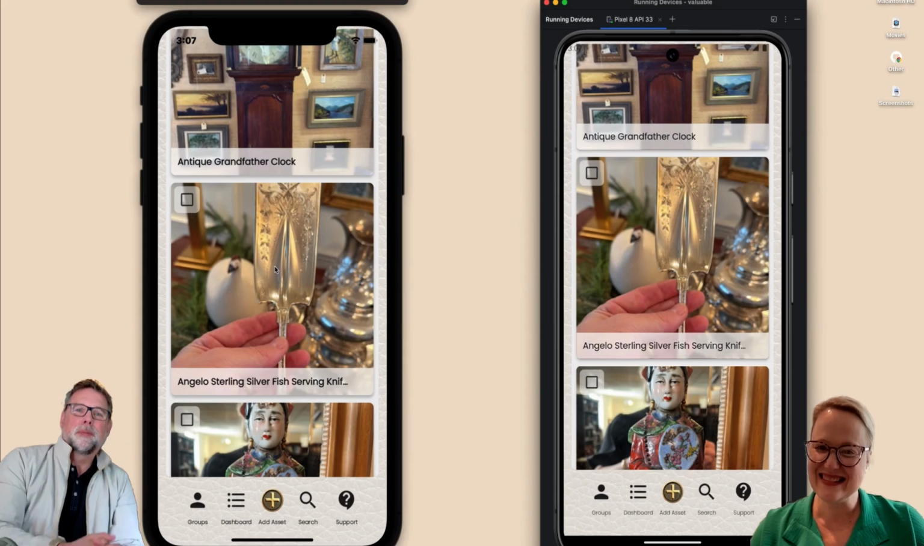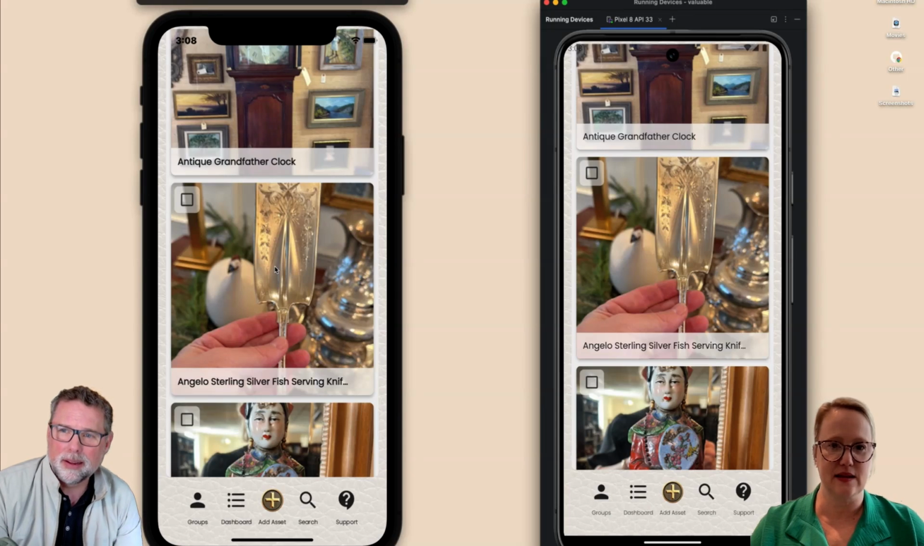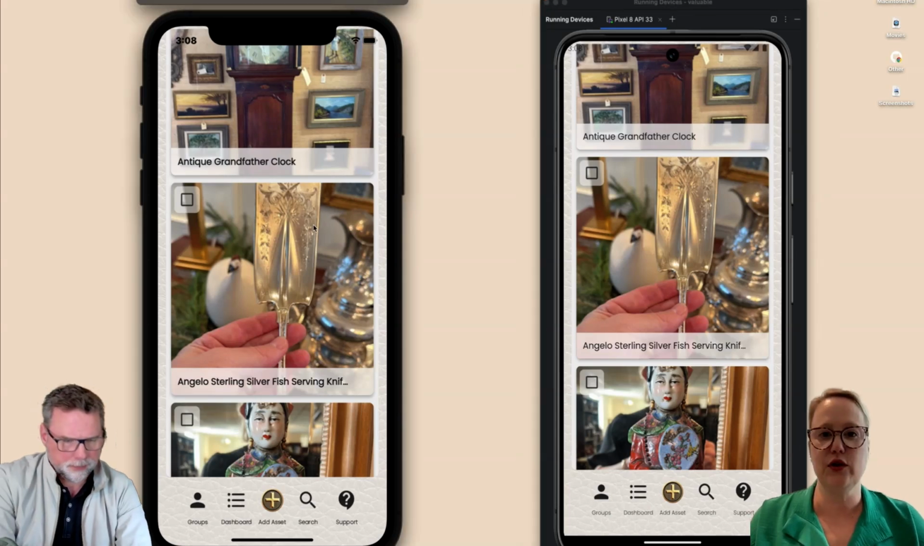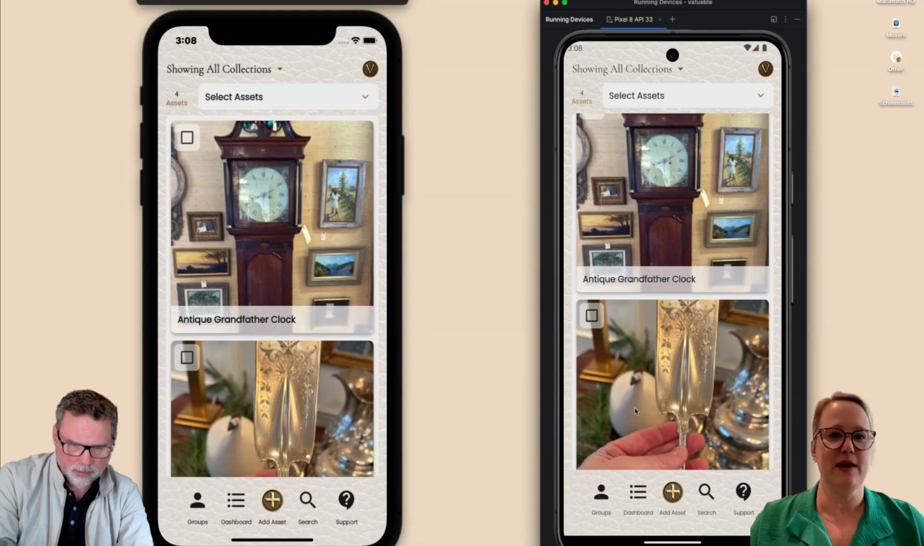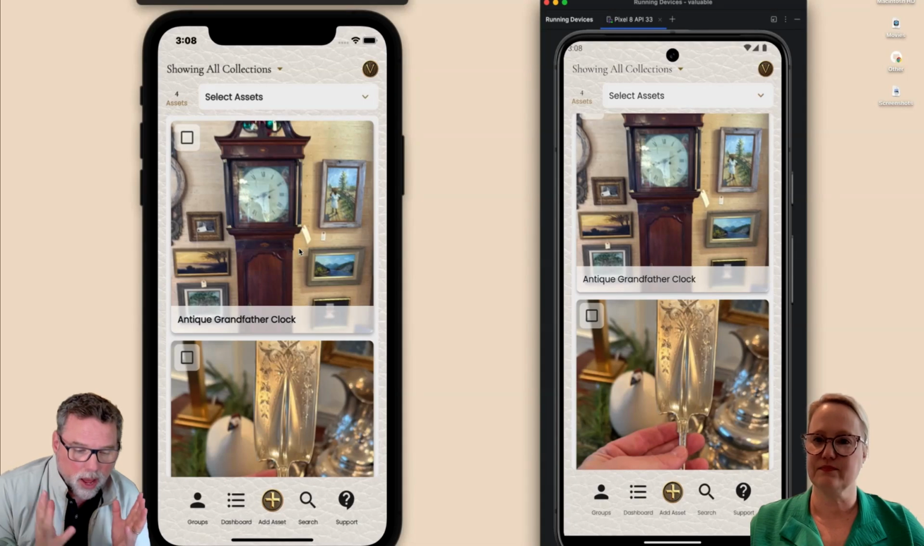Hi, John. What do you want to know about Valuable now? Okay. So I've added some assets, and now I want to review them, maybe even make some edits, nail down my prices. Can you show me how to do that? Well, let's start by talking about how to find the assets,